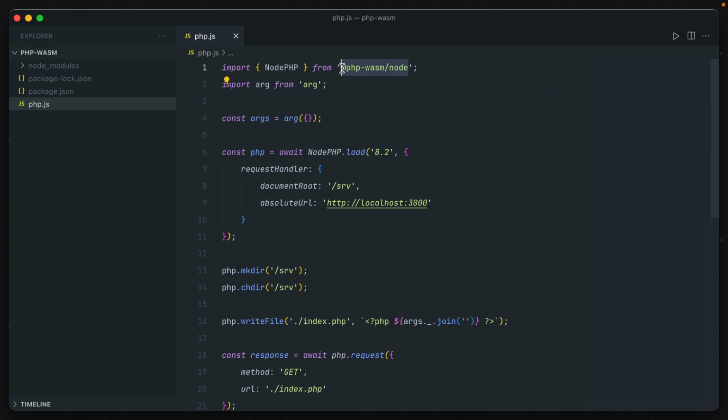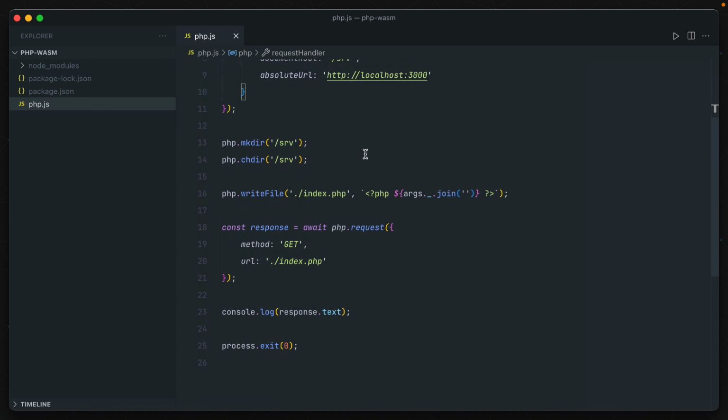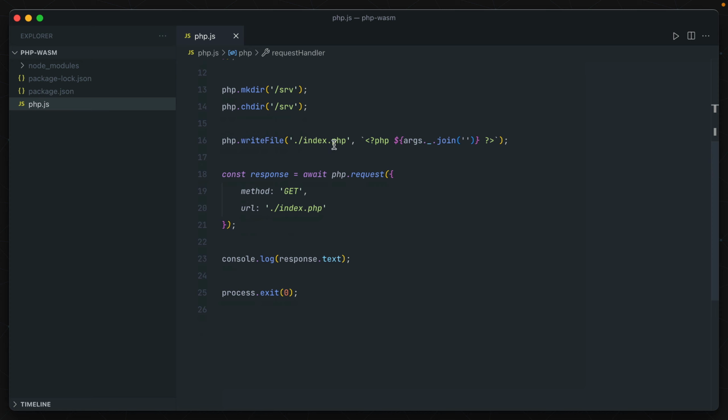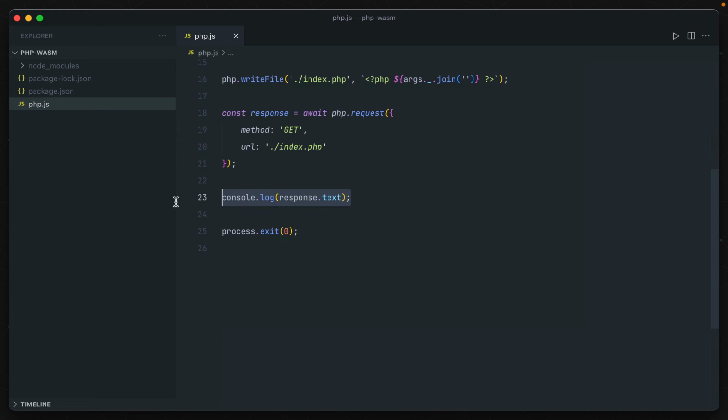So I'm using this PHP-WASM node package here that is from the WordPress Playground team. And then what I'm doing is booting up PHP version 8.2 using WebAssembly, creating a directory in that virtual file system called serve, and then writing a file to it that joins in the rest of the arguments from the node command that I ran. It then runs that file inside WebAssembly and returns back to us whatever the response is. And so I got this running and it's really basic, but I wanted to add more and more layers